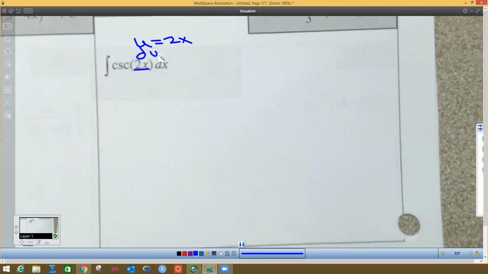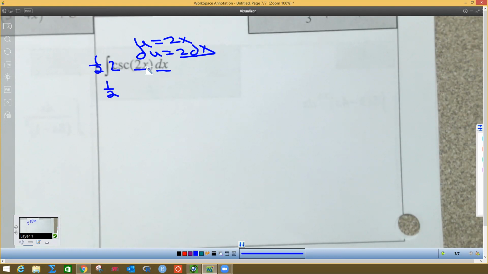So du is going to equal 2dx. So in order to plug du in, I need a 2 and a dx. All I have is a dx. There's no constant of 2. That 2 must stay with the angle. So I got to create a 2, and I have to destroy a 2, and then I can rewrite this